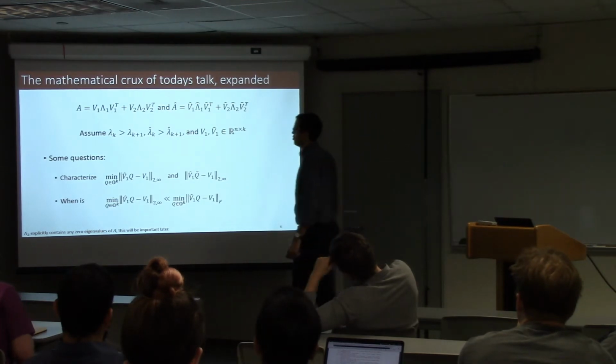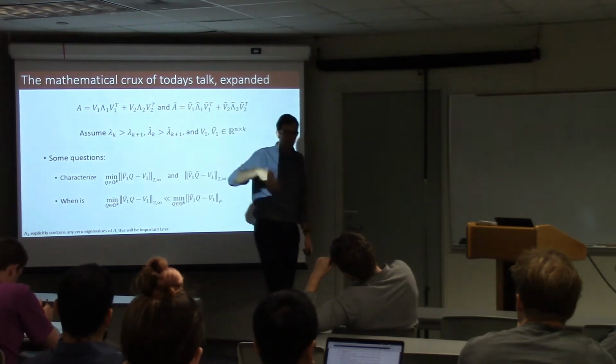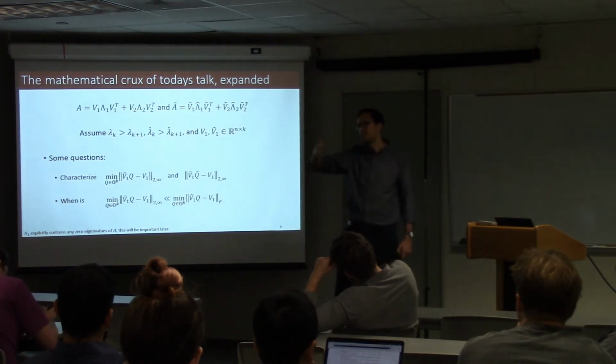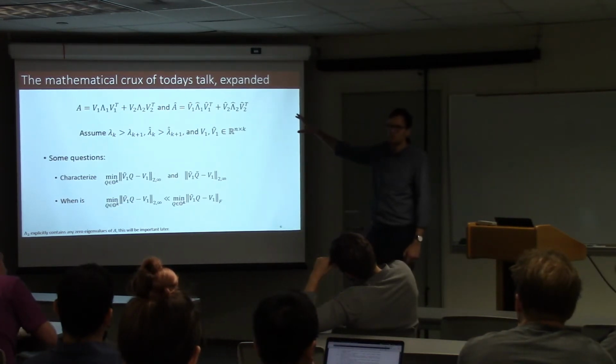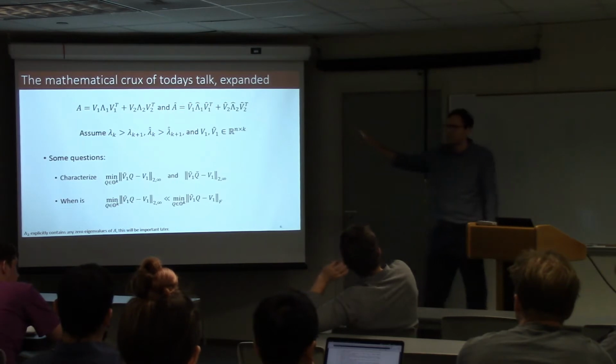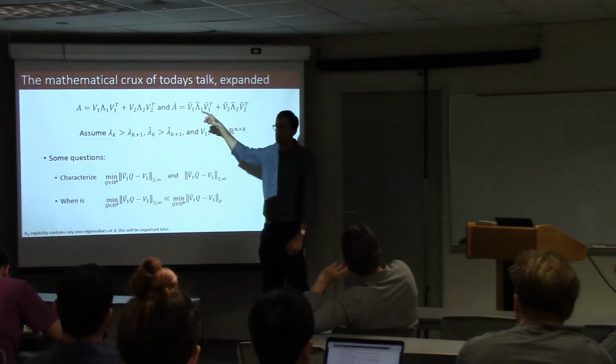And I'm going to assume that lambda 1 contains the first k eigenvalues of A, so lambda 1 to lambda k, and lambda 2 has everything else in it. Right? Little technical detail, it's important to actually put all the 0 eigenvalues in lambda 2 for some statements I'll make later. So if A is singular, if it has 0 eigenvalues, they have to show up in lambda 2.